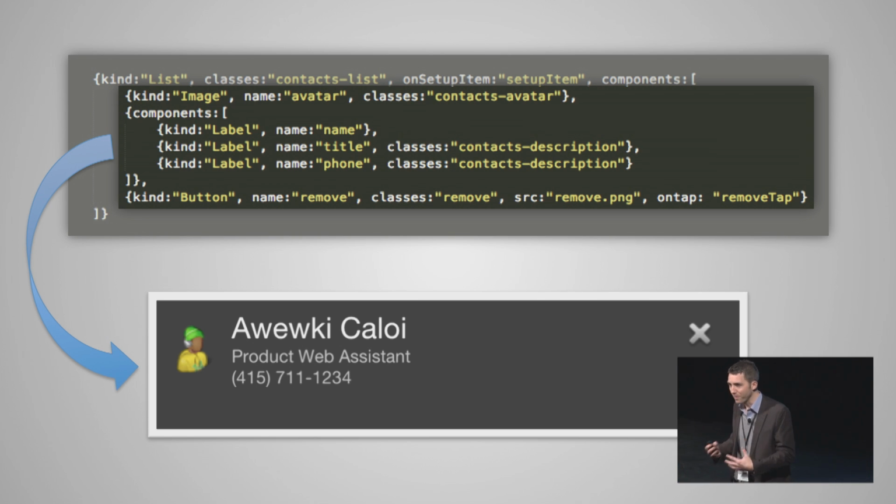And because all components have a common API for creating themselves, rendering, and destroying, the list can manage the lifecycle of those components itself without the user having to even think about what's currently in the DOM at any time. So we think that's really cool, and when you play with the Enyo list, hopefully you'll see that it actually feels very similar to native functionality, and that's a really hard thing to do on the web.